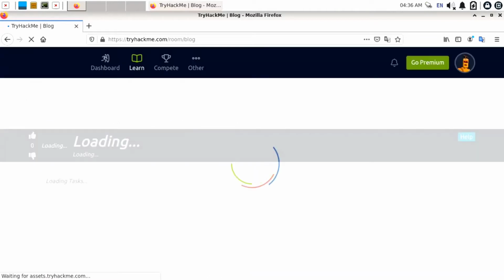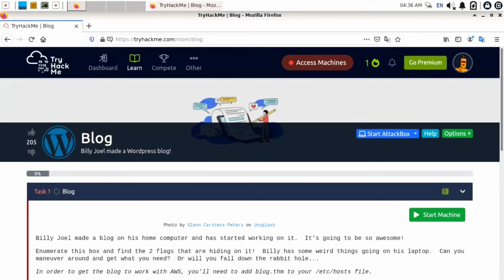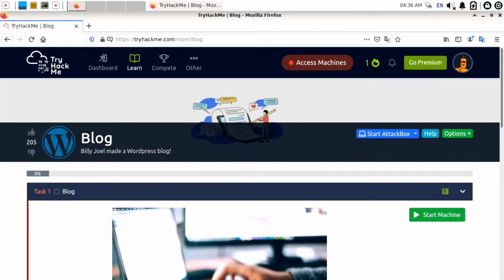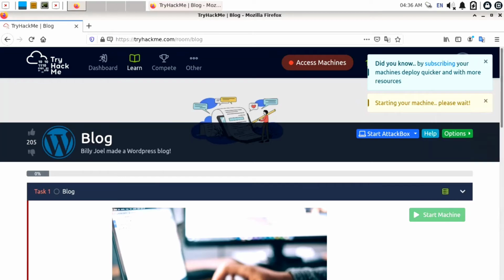It will take some time to load. I have already joined this room. You need to click on join room. Now click on start machine. This will take approximately 1 minute to assign an IP address to this machine.